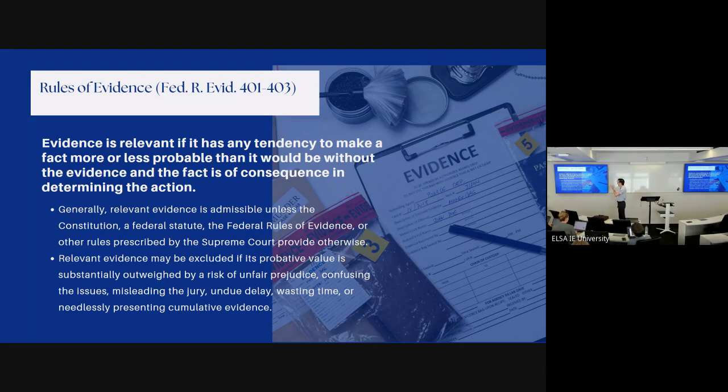you can exclude relevant evidence if its probative value is outweighed by a risk of unfair prejudice. I'm going to use a discrimination example. Even if it's technically evidentiary, you could not admit a document saying that this racial group is more likely to commit a crime than this racial group. Even if that supports your theories, that's causing a risk of unfair prejudice. It's causing discrimination risk. So then you can say, even if that supports your claim,